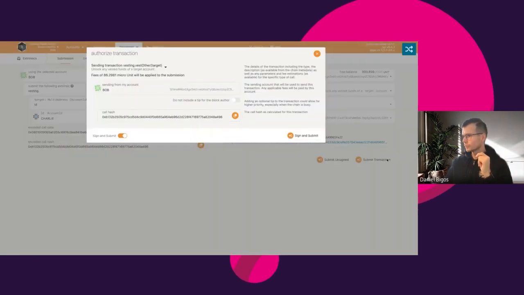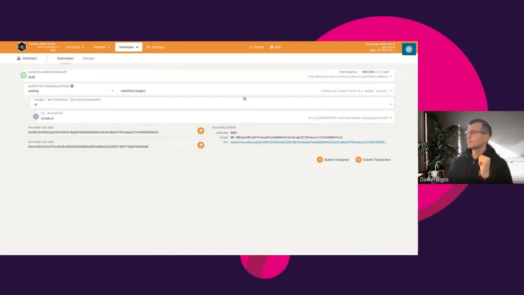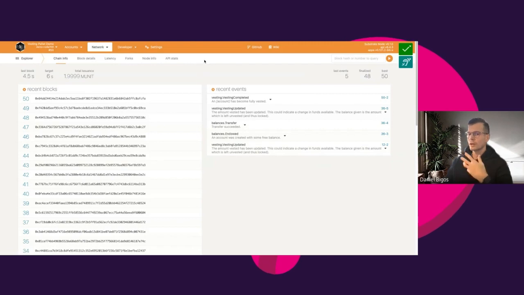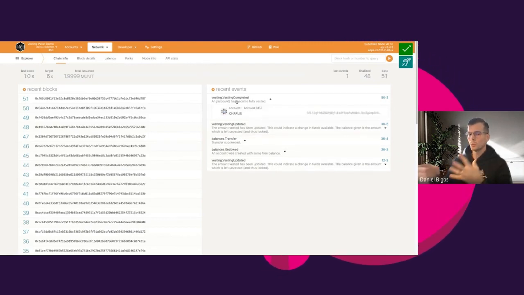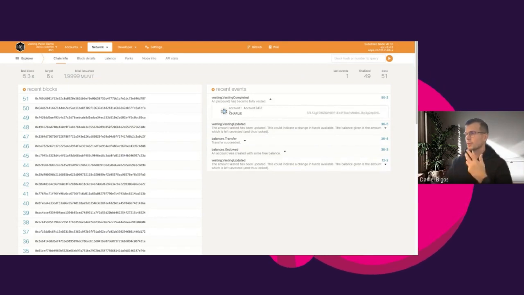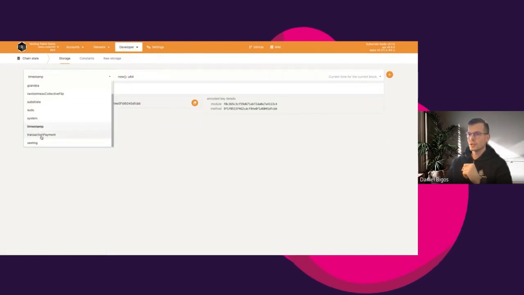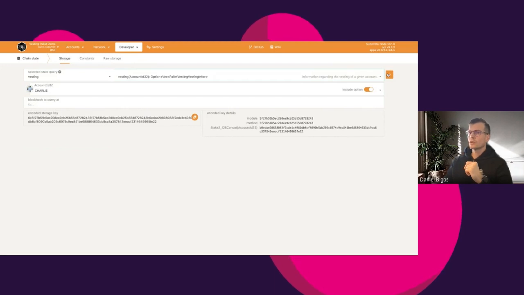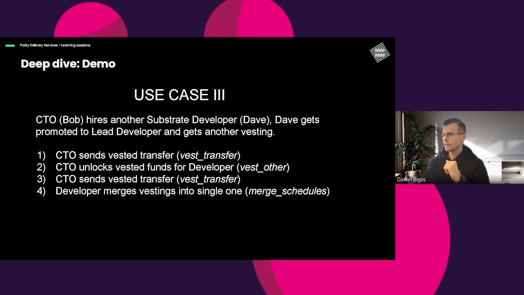Okay, so in that case, we can see that our vesting schedule is completed for Charlie, and also there are no vesting schedules for Charlie in our chain state for the highest block. You can see none. That was the second use case. And the third one,